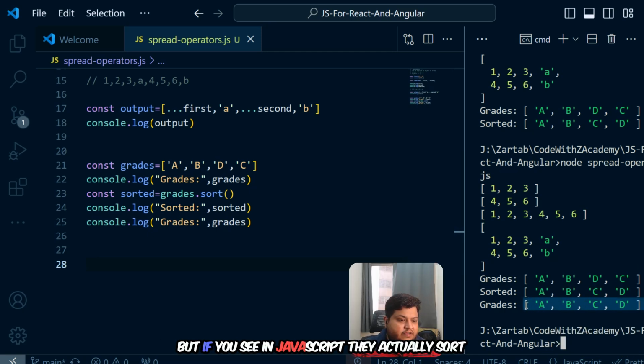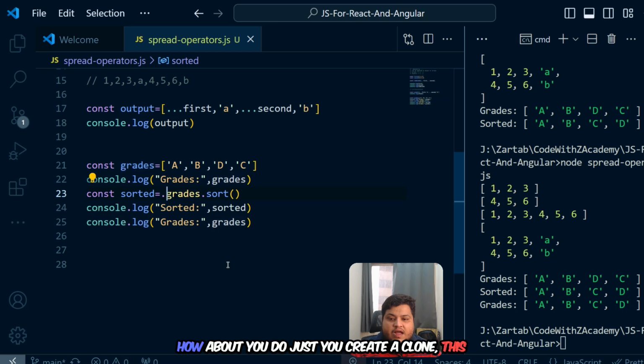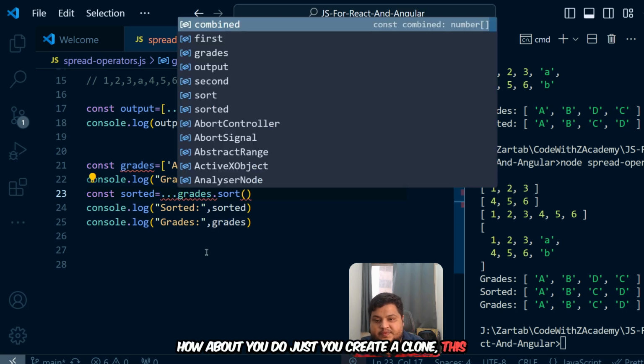anywhere. But if you see in JavaScript, they actually sort even if you're storing it into another object, it will make the changes into the original array. And this is one of the scenarios where you will lose the data on your actual original array. So the solution to this would be, how about you do just